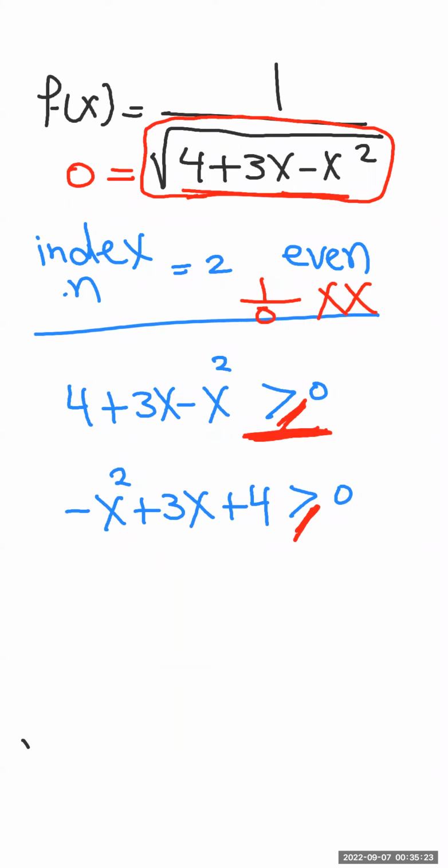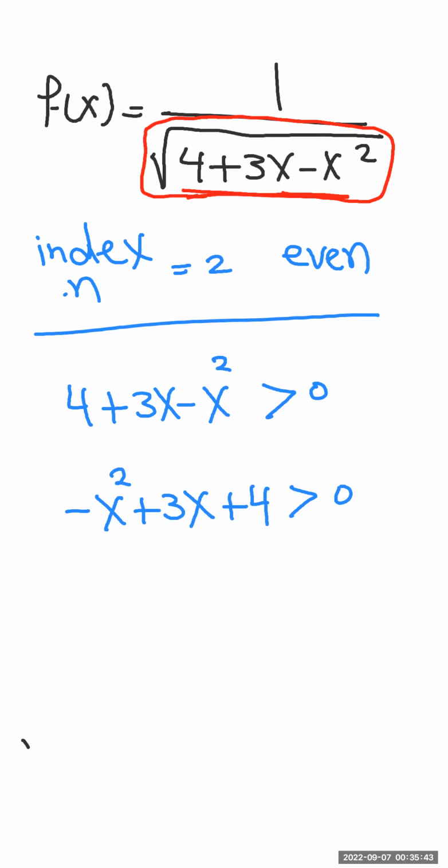So in this case, it must be only greater than 0, so that the denominator does not equal 0, right? Is it clear now? Okay. So now,